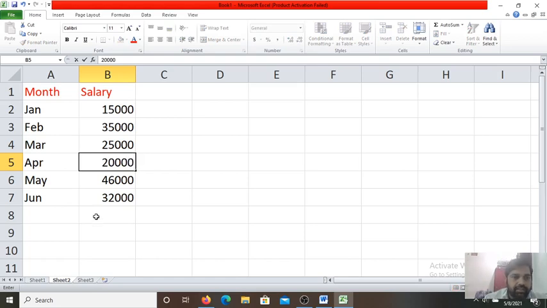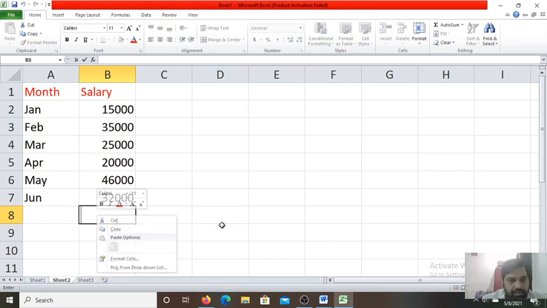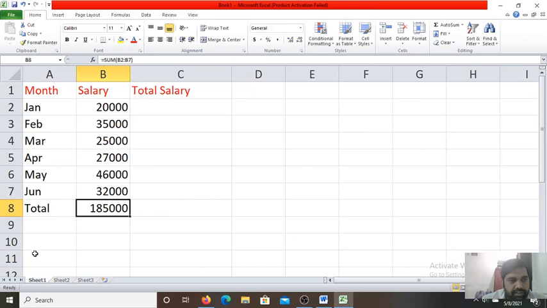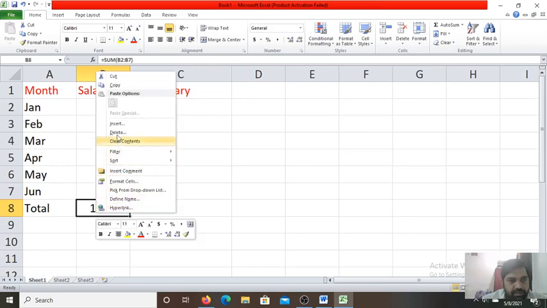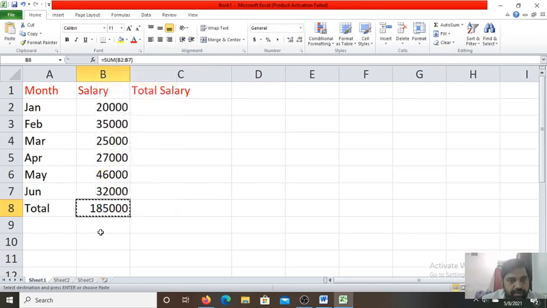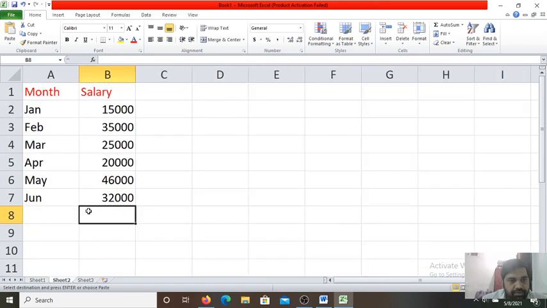Now here I will paste the formula, Control plus V. Now see, I have pasted the formula. Here the sum I got is 1,73,000. This is how we have to do.